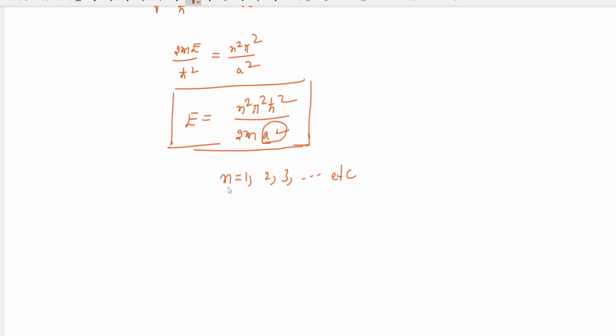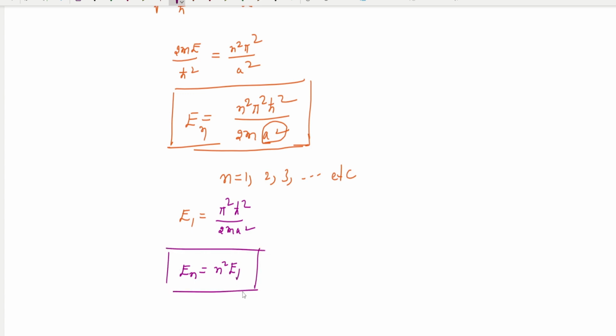Therefore, if we substitute n equal to 1 here, then I get pi square h cross square divided by 2m a square. Then for n equal to 2, I can write the equation like this: En equal to n square into E1. Then you can use this equation. So the energy levels of these particles are like this,